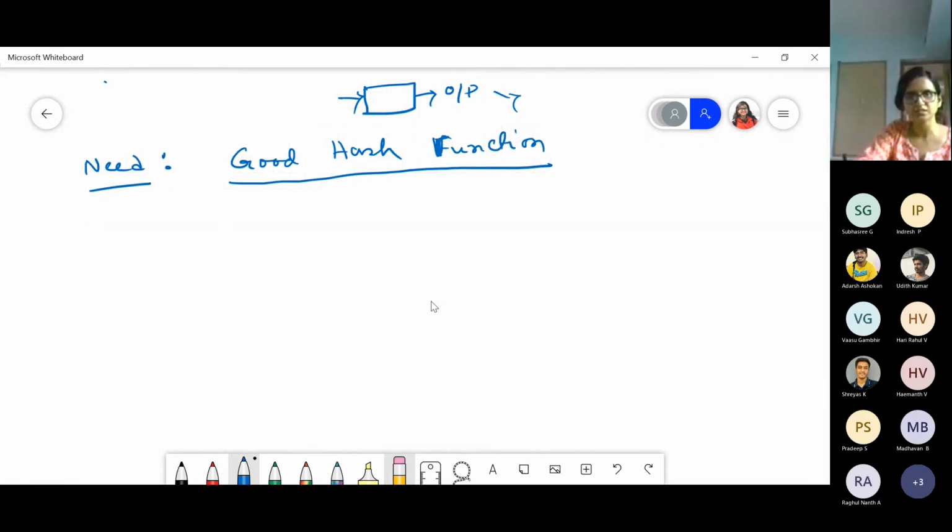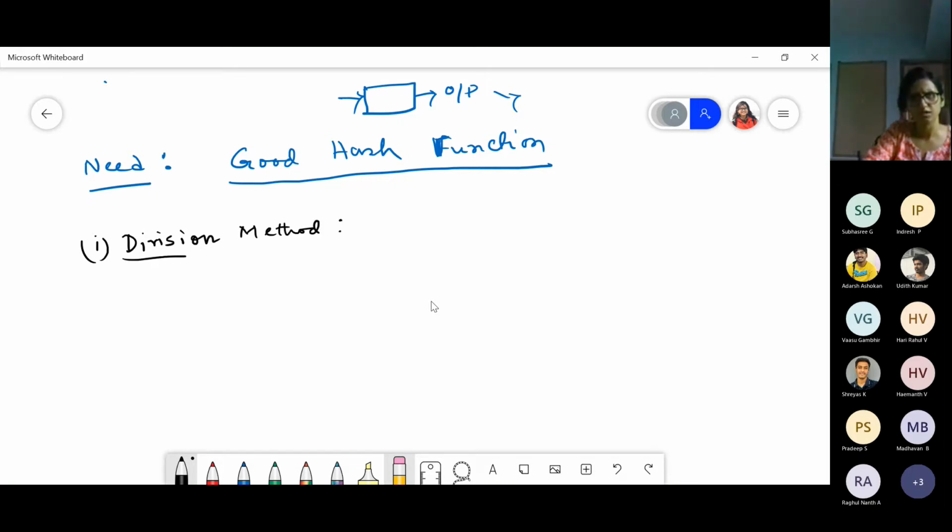So good hash function. Some trivial examples I am going to give. So it is like a theoretical example only. Depending on which values you are giving, it might be good enough. Normally in case of simple kind of hash functions which are easy to compute, two types of functions are there. One is the division method, where we use mod. This method we have already used before.